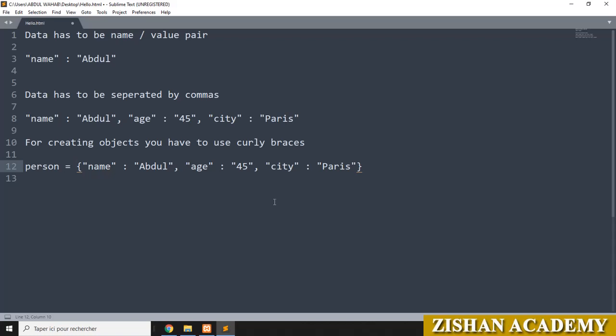Now you can go for the next one, arrays. You have to use square brackets for arrays.